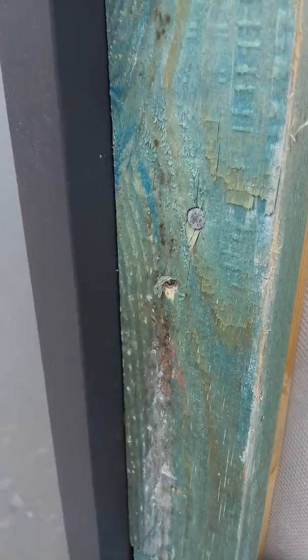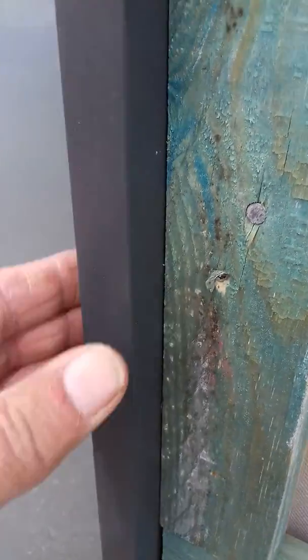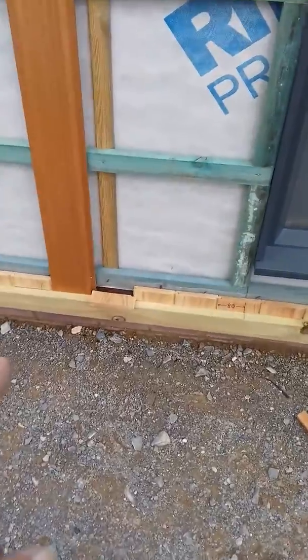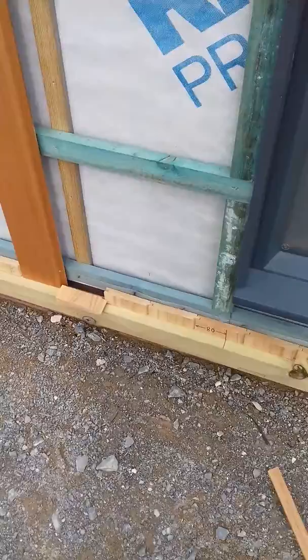You can either face fix through the face, or try skewing through what we've done here. There's the small Torx head screw, that's gone through on an angle, so we haven't got any face fixing. We will have a bead of sealant all the way down through here afterwards, but at the moment it shows where we are. Talking of the screws, there's a board we've put in place. You can see how that particular board sits in with the others. Bottom of the board, 15-degree angle, same as the sill, 15mm below DPC,